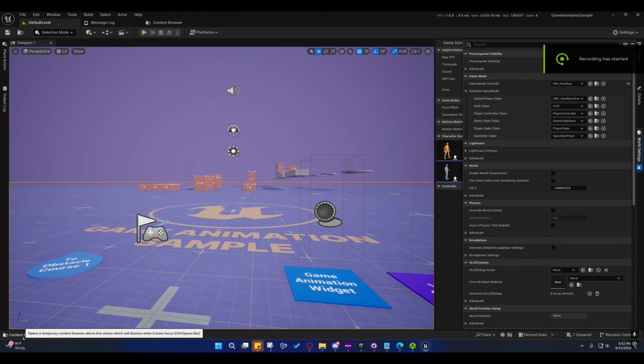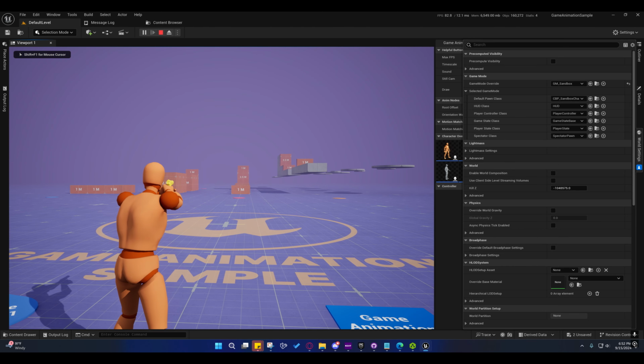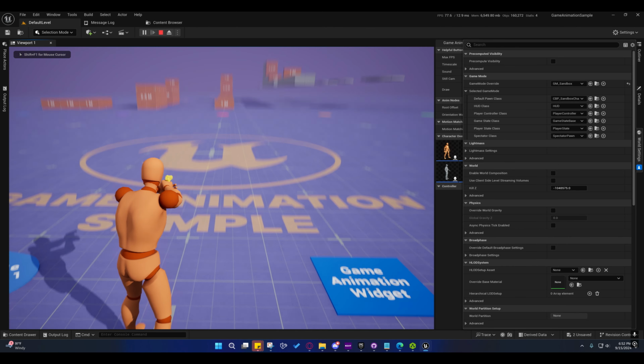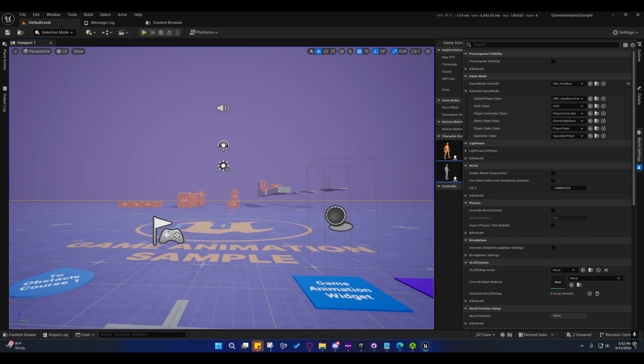So if you followed the setup, then you probably shouldn't have to do this, but I'll go ahead and include it anyway. It's not difficult. Go under character data, select this character and replace it in here. And now it works. But you'll see that his legs look funny. So that's fine. What we can do is open up the character blueprint, select the mesh, open up the mesh,